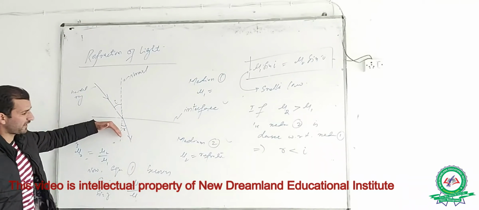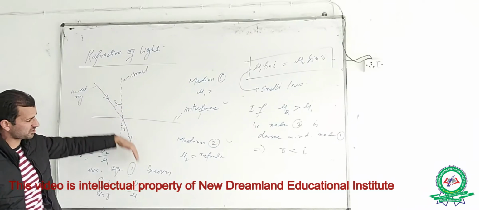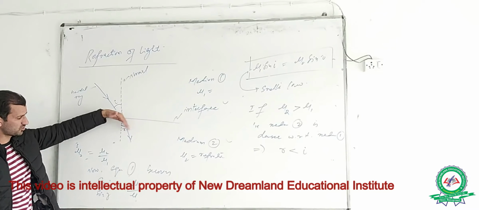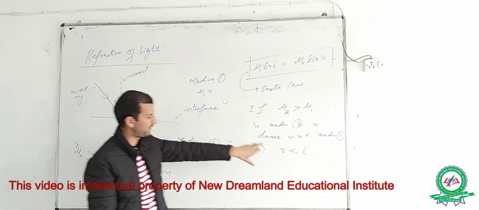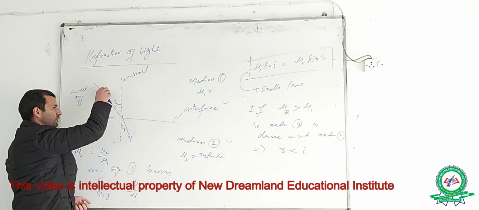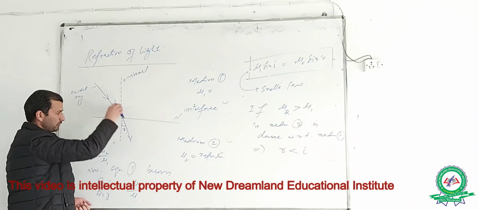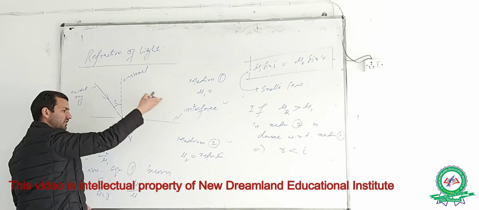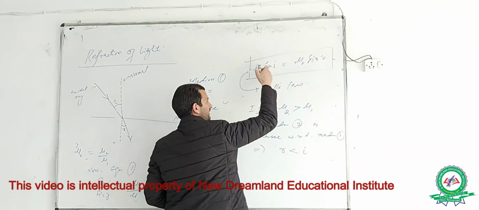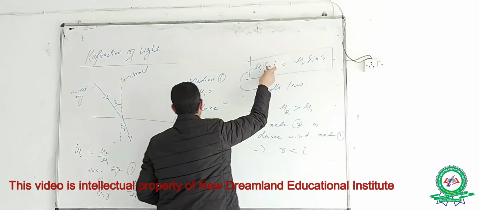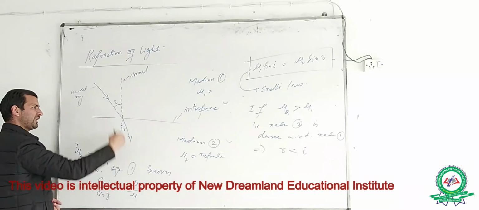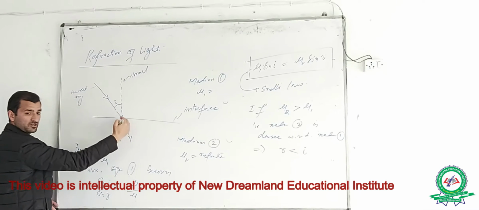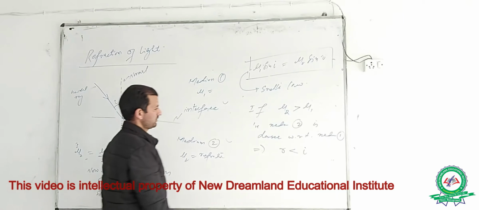So r is the angle of refraction. If the angle of refraction is less than the angle of incidence, that means light bends towards the normal. So the light has to bend towards the normal when it goes from medium first into medium second, since medium second is denser with respect to medium first. According to Snell's law, if mu2 is greater than mu1, then sin r must be less than sin i, meaning r must be less than i. And when will r be less than i? When it bends towards the normal. And similarly,